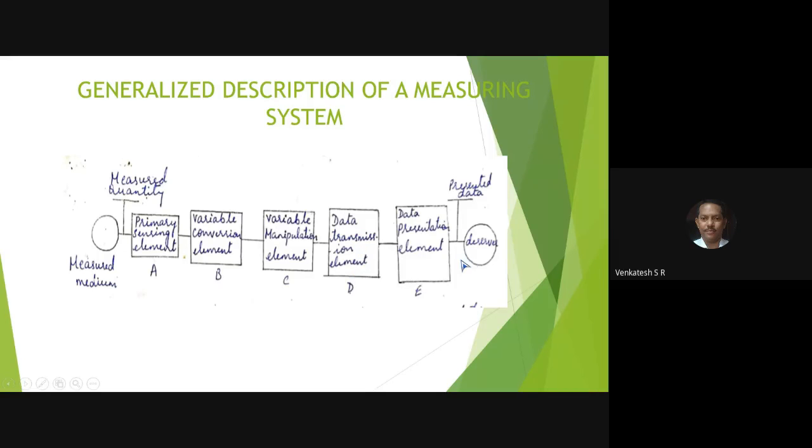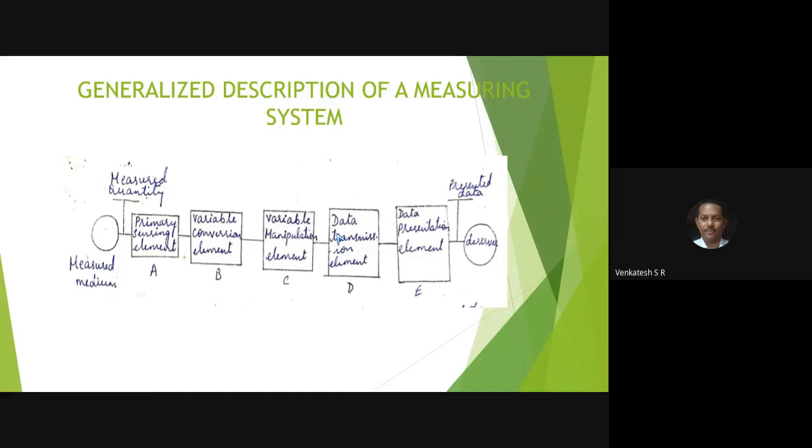Suppose you have a digital indicator for presentation of the speed of the turbine, compressor or motor. The transmission element receives the signal from the variable manipulation element, which is amplified, rectified, and converted into